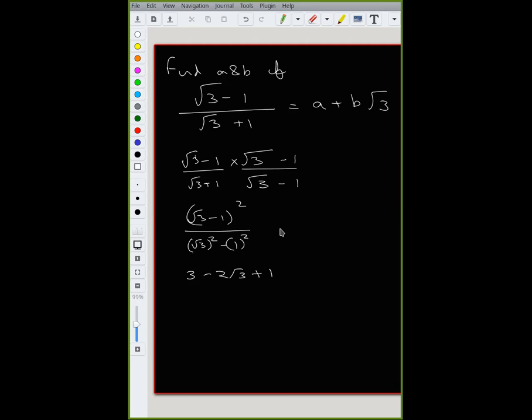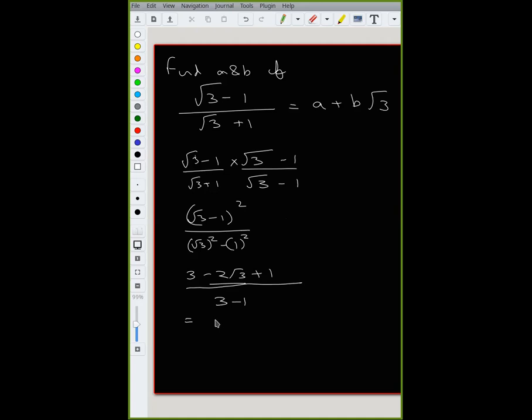So 2ab, right? Yeah, so we got 2ab here. Plus b squared, right? B is 1. Sir, I told 2ab as 2 into root 3 into 1. Okay, fine. Upon 3 minus 1, which is